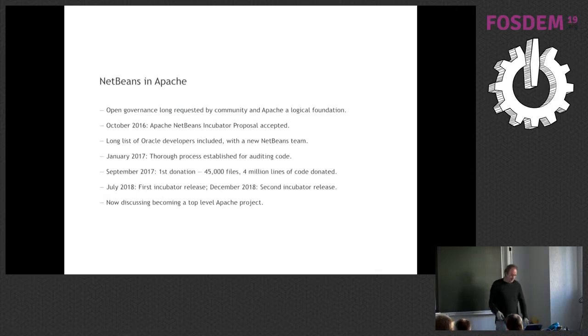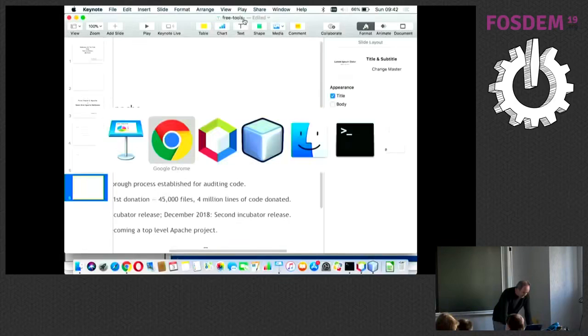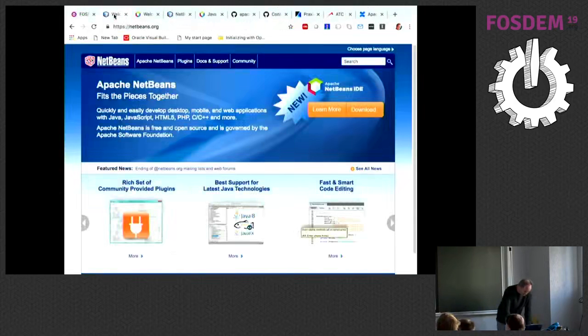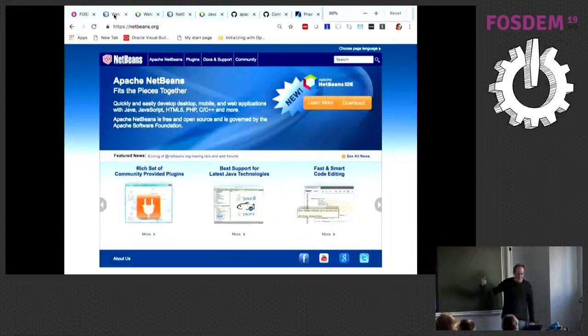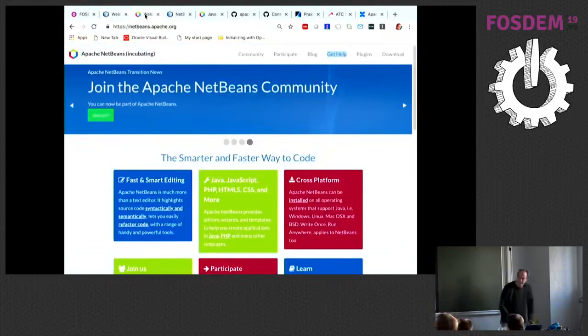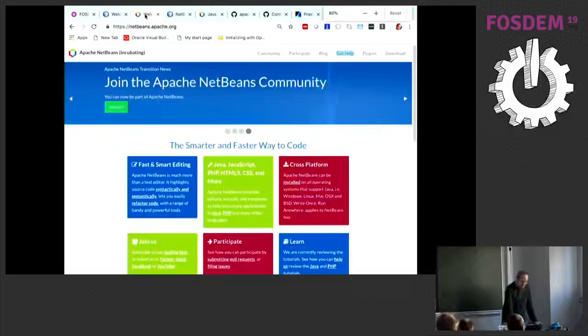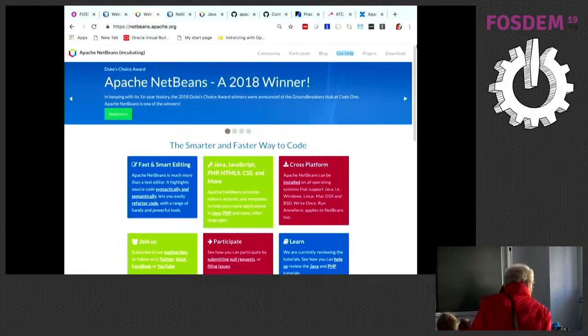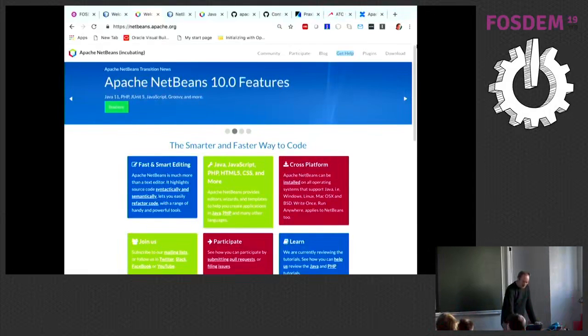So at the same time, we're moving out of the incubator. So before Jan does a quick demo, this is what the netbeans.org website looked like in the past, and it's still like that. We're in the process of moving everything to the Apache equivalent. So this is our new website. Looks much more modern and so on. It's quite far from being what we want it to be, but we have the starting point. We want to make it much more visual and graphic and show the editor and so on, but it's a much more modern site, clearly.